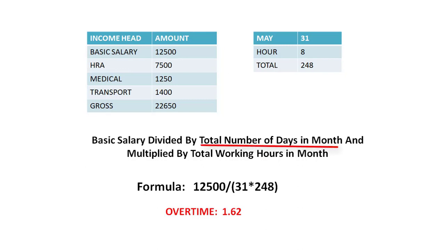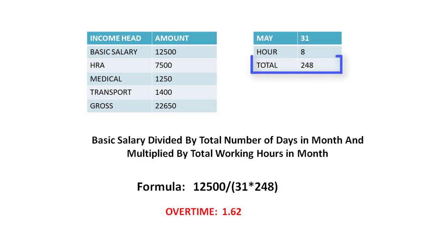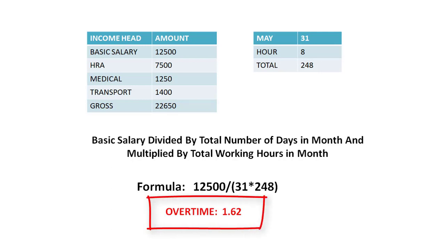Then the total number of days in month; suppose we are calculating the salary for May, so total days are 31, multiplied by total working hours in month. If there are 8 working hours per day, then for May, total working hours will be 248. Now you will see the overtime rate is 1.62. The software will calculate the formula in this way.